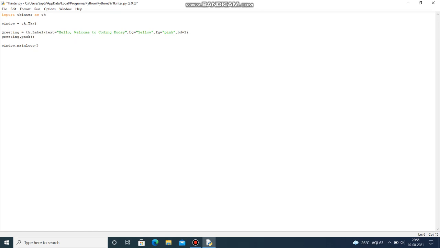Now we are going to create an entry widget. Let's create something called entry. Entry means it is the input.